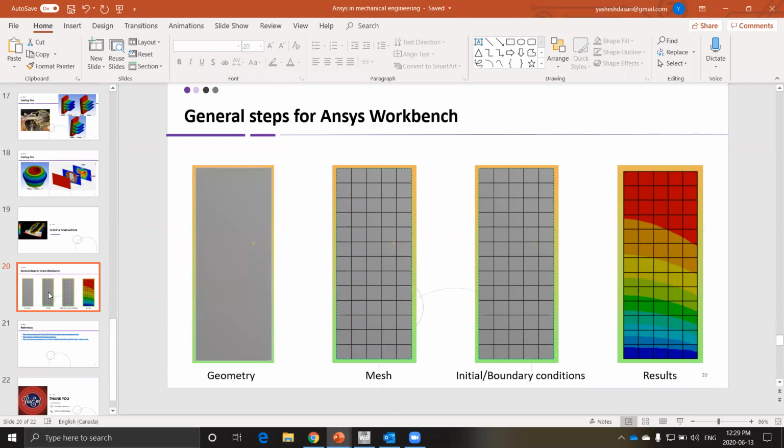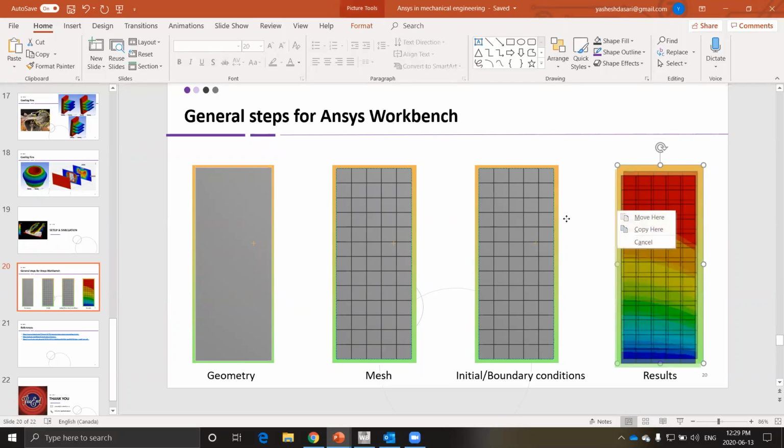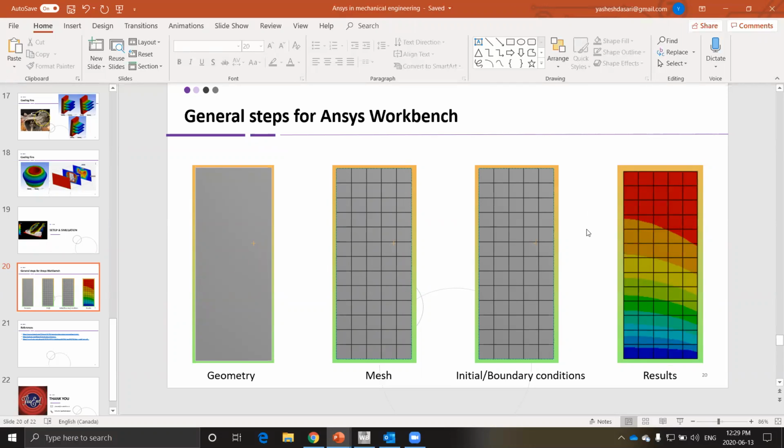Yeah, so the general step is you basically provide the solver with a geometry. You create a mesh, and then you provide the initial and boundary conditions, and then you let the solver solve the problem, and it will produce results which are usually contours and plots.